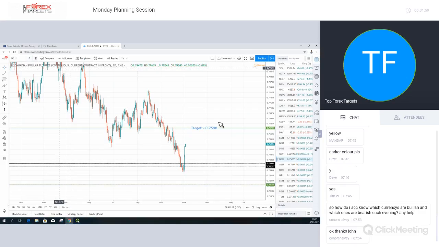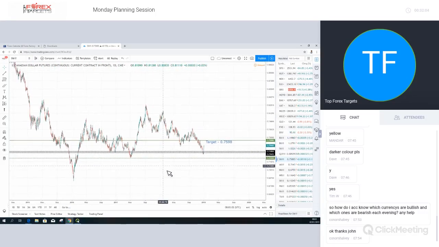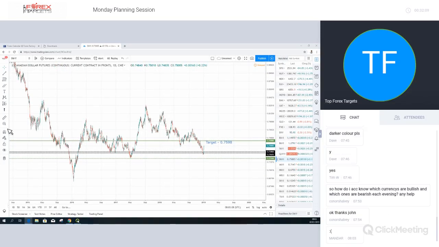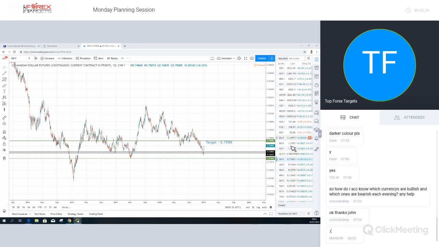But the Canadian dollar as well, you can see that we have this kind of large corrective pattern. I know, Mando, it's been the problem for you guys for quite a while now. We have this large corrective pattern in the Canadian dollar. The major problem Canada has is that oil has recently gone through the floor, as we all saw last year. And of course, this contributes a large amount to the Canadian economy.